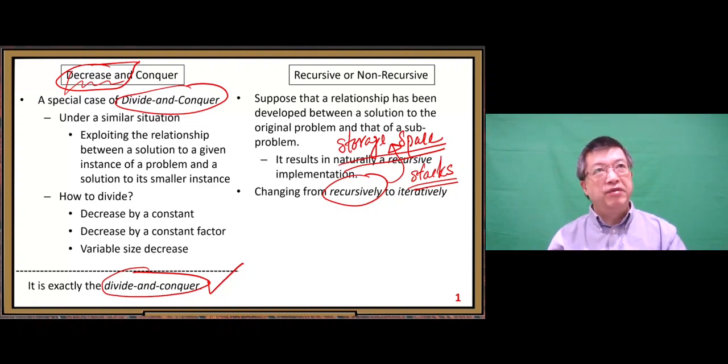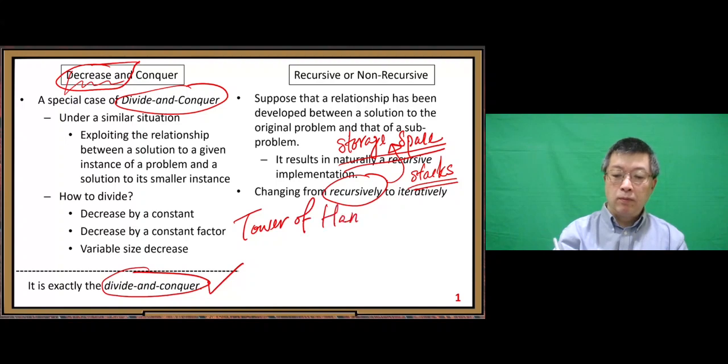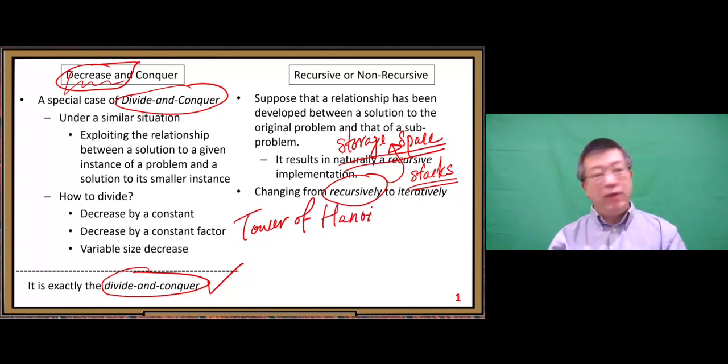That kind of situation, if you are a good programmer, you should try your best to avoid it. Sometimes you may not be able to avoid it. That's true. Think about our problem, the Tower of Hanoi problem. That's a good example. That solution, I don't believe anyone can avoid